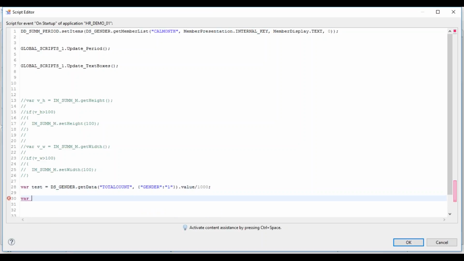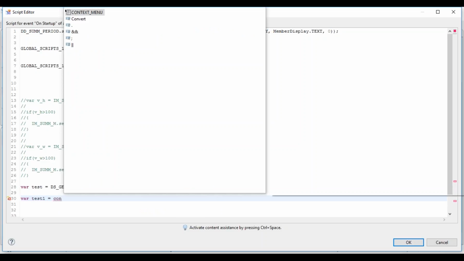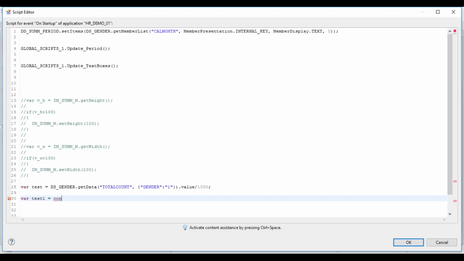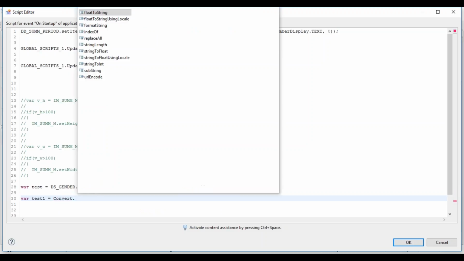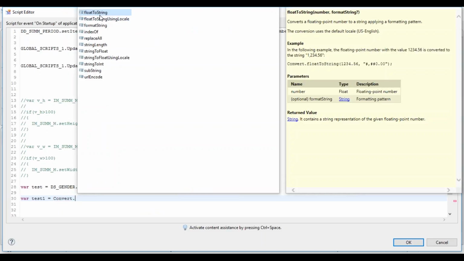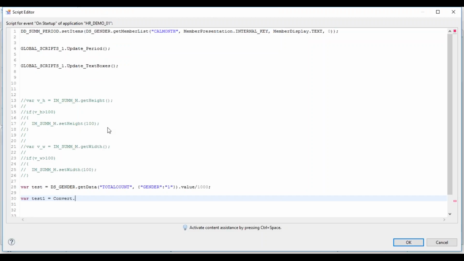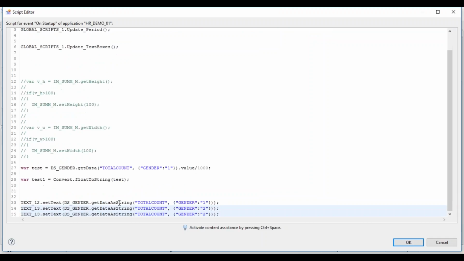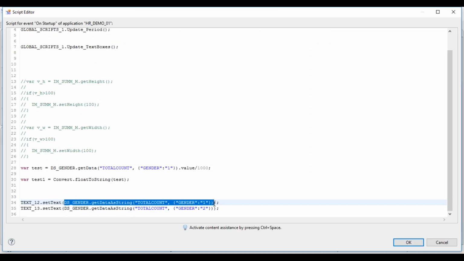So let me create test1. We'll use a convert method, convert dot, and then it will give you all the options, float to string. We want to convert from float to string, and the number is test. So now we have test1 as a string. Instead of this, we'll put test1.